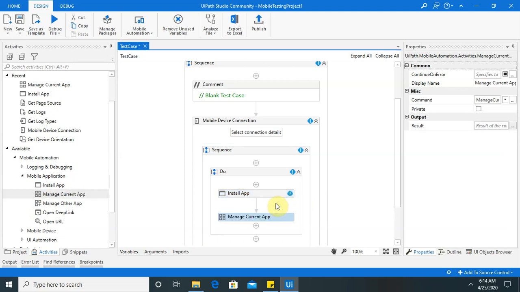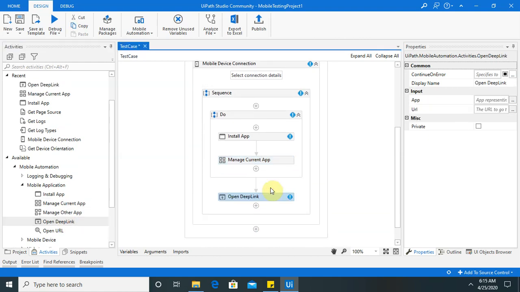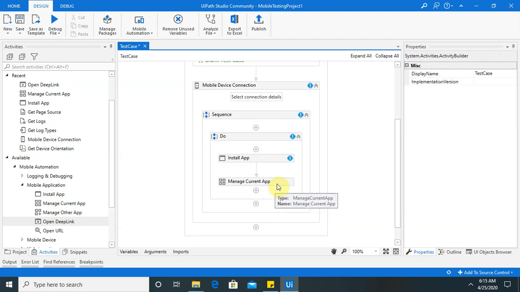If you want to manage the current app, you can do that, and you can also manage other apps available on your Android or iOS devices. Open Deep Link is also available, if you want to open your deep link for mobile automation.